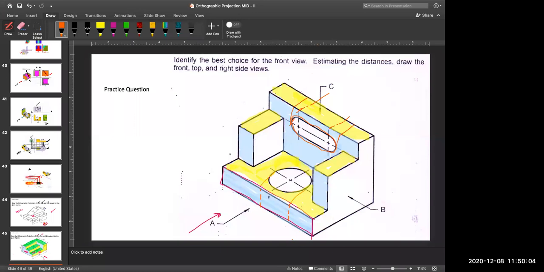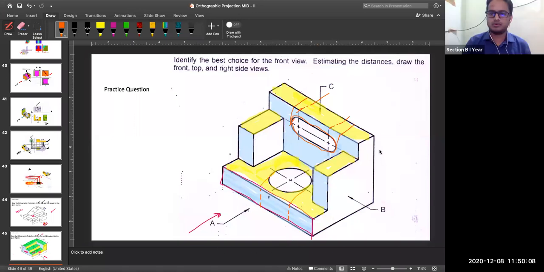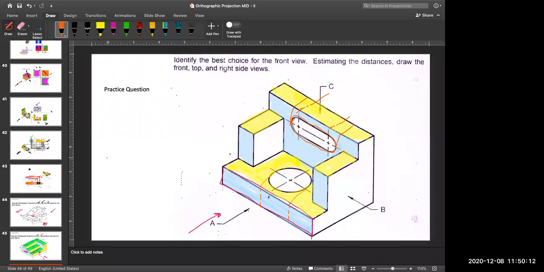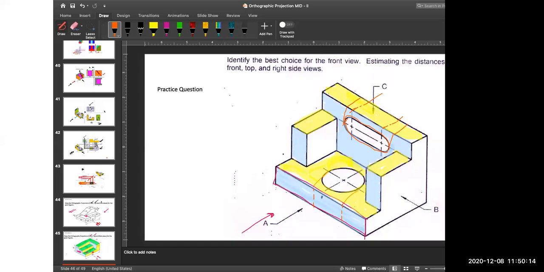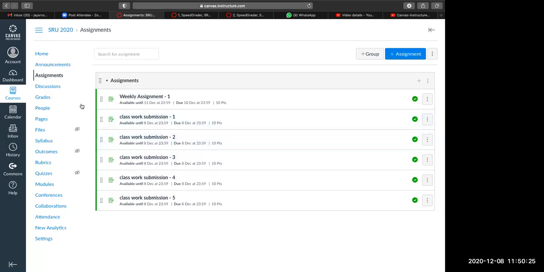Sir, one small request, sir. Okay, go ahead. Sir, can you check once assignment number 1? Did I submit it or not? My number is 1139. Whether you have got that message, submitted successfully. Yes, sir, got, but I could not open assignment number 2, sir. Wait.